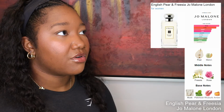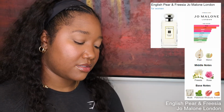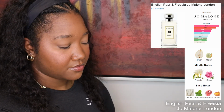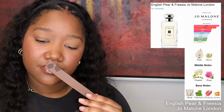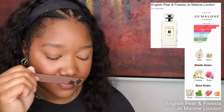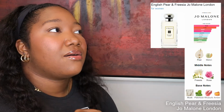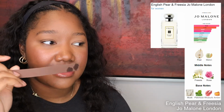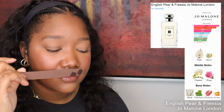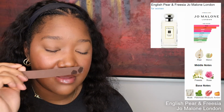Alright, so we'll do English Pear and Freesia. It's supposed to be like a floral, fruity, kind of sweet fragrance. Pear is supposed to be prominent in this. So this smells like a pear wine, in my opinion. Almost like it's not alcohol-y like the fragrance alcohol, but like it smells like an actual liquor. Very much a pear champagne vibe. It's interesting,